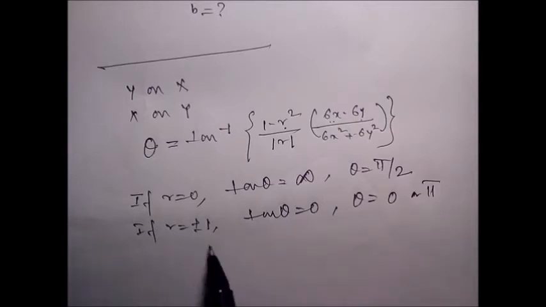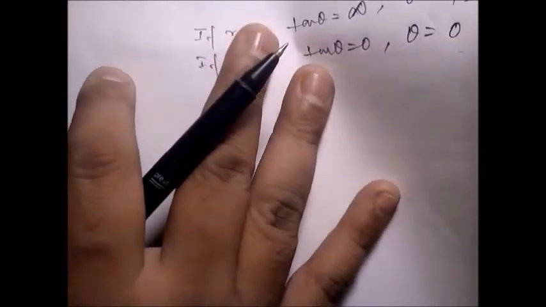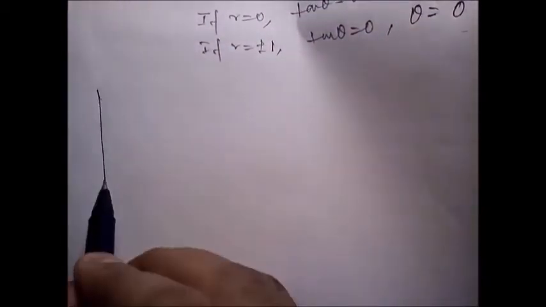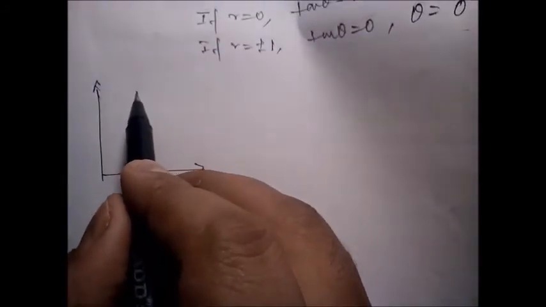Clear? So how do we measure the relationship between the two variables? By plotting the lines of regression on graph paper, we can have an approximate idea about the degree of correlation between the two variables under study. Now suppose we have plotted the variables and the two lines are at right angles, so no correlation is there between the x variable and the y variable.